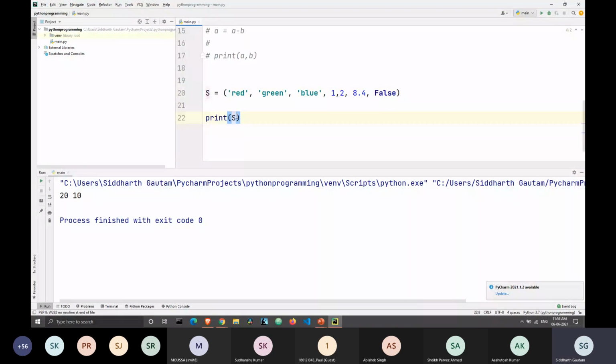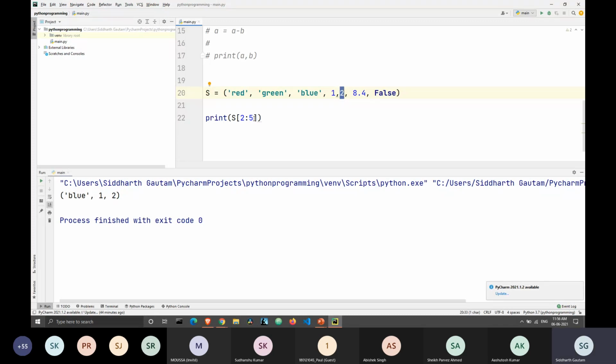I will print S, and inside square brackets I can write my starting value. Let's say I write my starting value 2, colon, and the ending value 5. When I print this, I get the output blue, 1 and 2. Because blue is the starting value at the second index, 1 is at the third index, and 2 is at the fourth index. This is how we can slice. We can select a portion within the tuple.